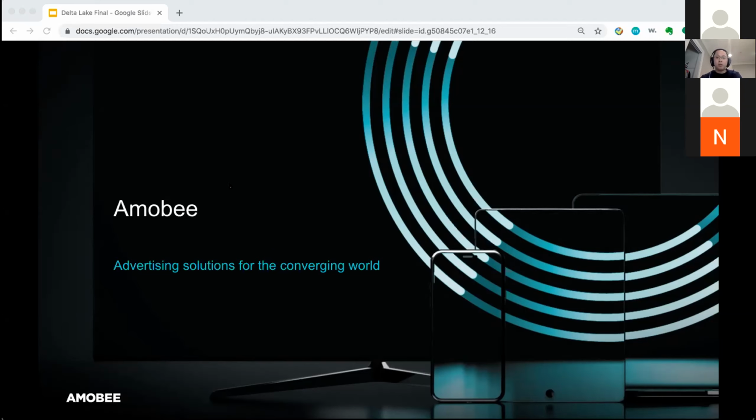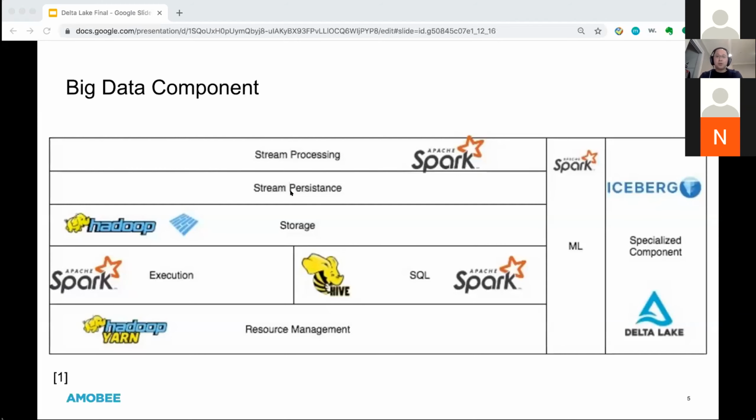We really want to build a generalized data pipeline architecture to support different use cases. As we all know, there are many frameworks out there you can choose from. You can use Spark, you can use Hive, and so on. And what to choose? This is a diagram posted at one of the meetups before. As you can see, Spark is the multi-purpose execution engine. It plays important roles in many different areas, including SQL execution, machine learning, streaming, and so on.